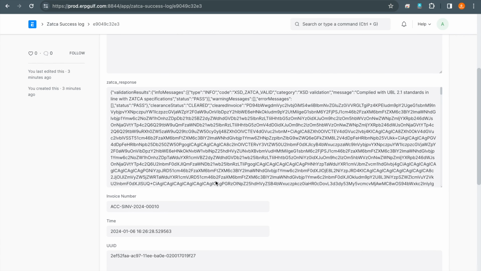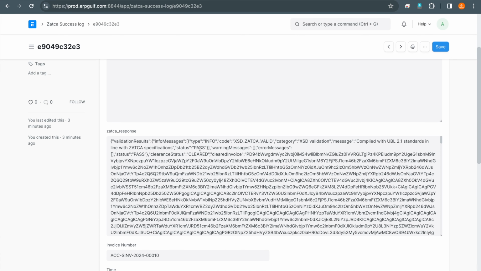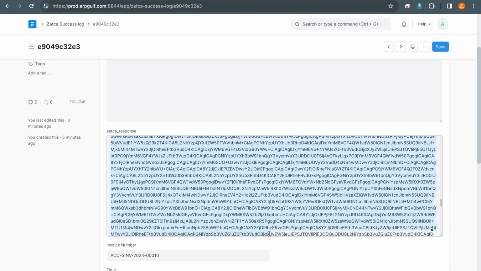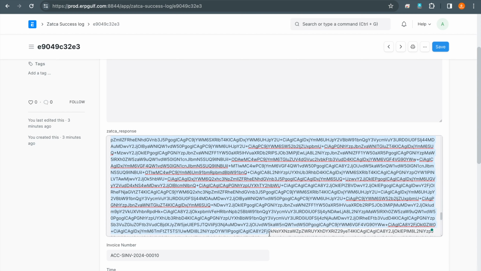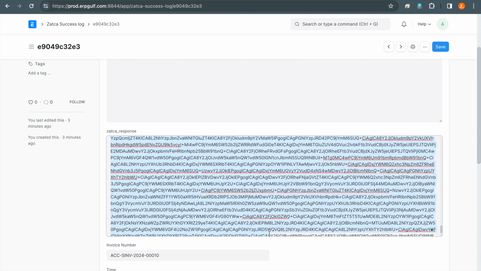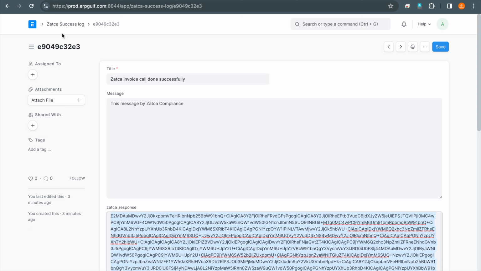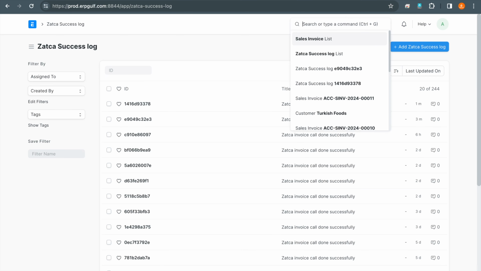Here you can see the Zatca response, all the details that Zatca sent you. We are keeping it here in case, for example, it's not attached or something, you can take it from here. If you decode this with a base 64 decoder, you will get an XML and the QR code, everything. So we are keeping a Zatca success log,